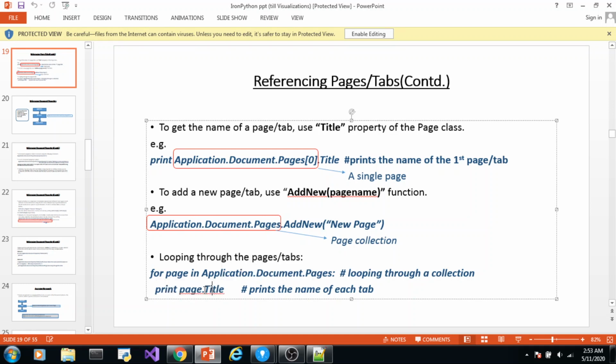For example, title is a property of the page class. That is why we can use the title property. So this code snippet will print the title of each page. You can go to the page class and see what all properties are applicable on a page. Okay.